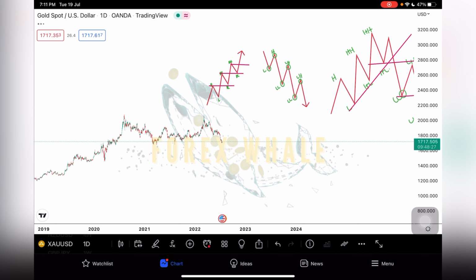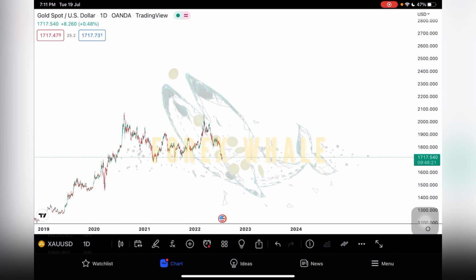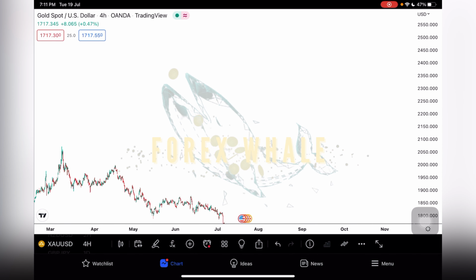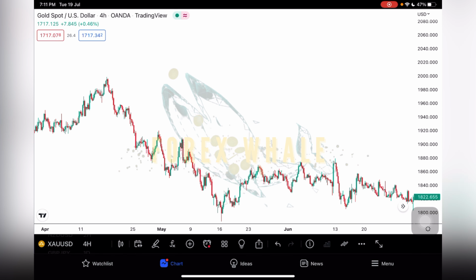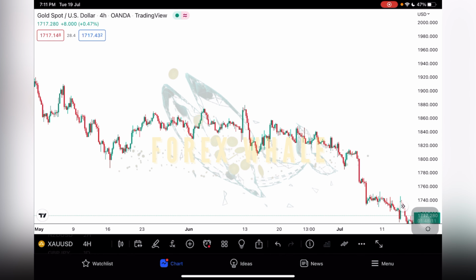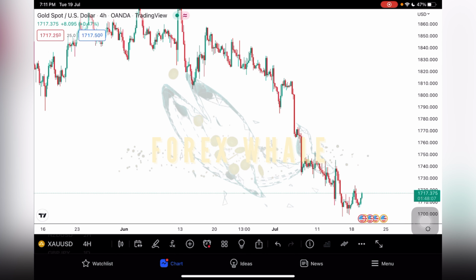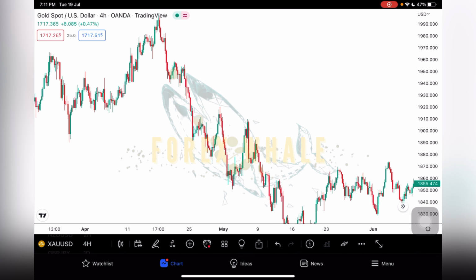Okay, so now we are going to shift to the real market. We're going to shift to the real market, and I would normally try to understand market structure from the 4-hour time frame, which I find easier that way. Okay, so as you can see here,